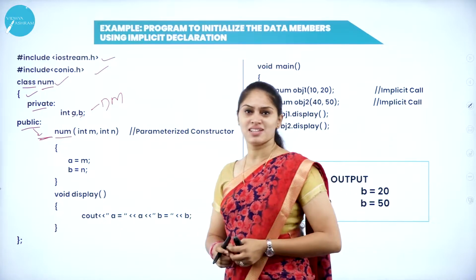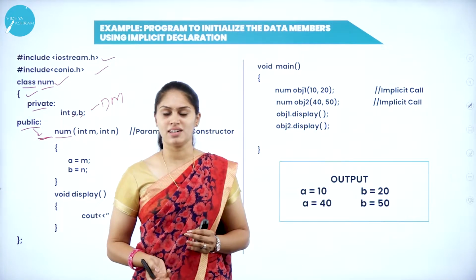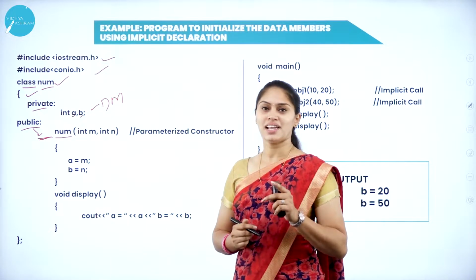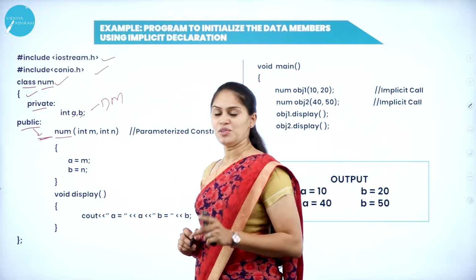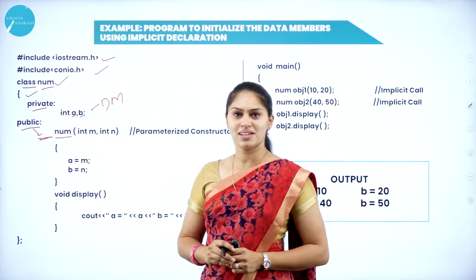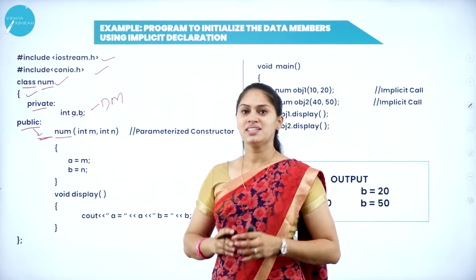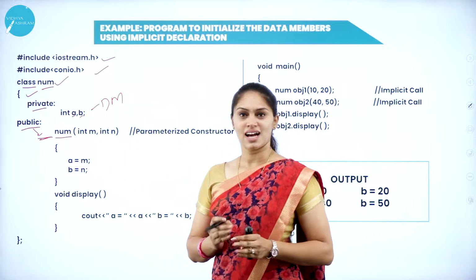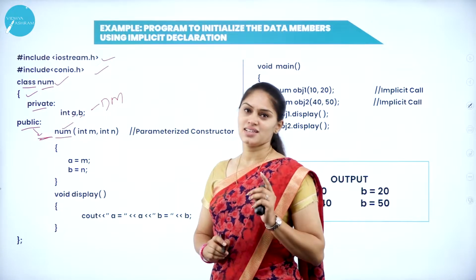Then which type of constructor is it? Already we had a discussion regarding types of constructors. So based on that, you have to find out which type of constructor I am using there. I am using a parameterized constructor. How can I call this a parameterized constructor? Because inside the parenthesis, I am sending some variables or arguments in order to perform a particular task. So I am going to consider this a parameterized constructor.